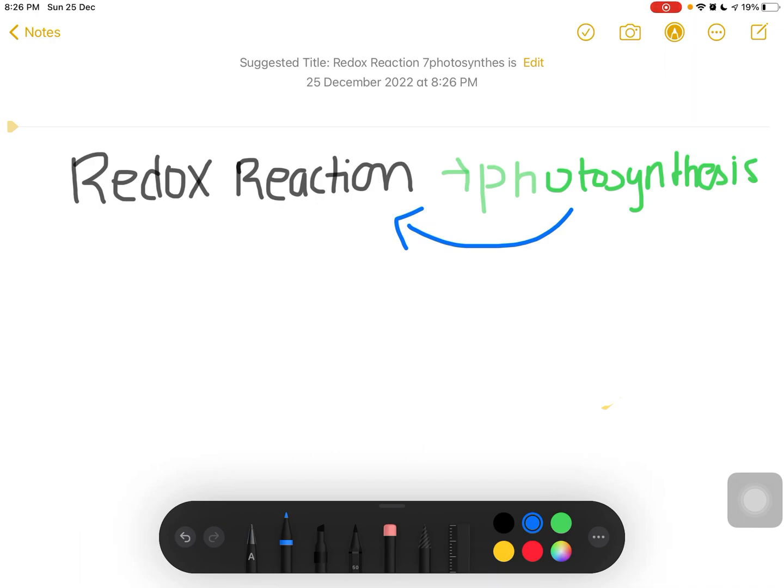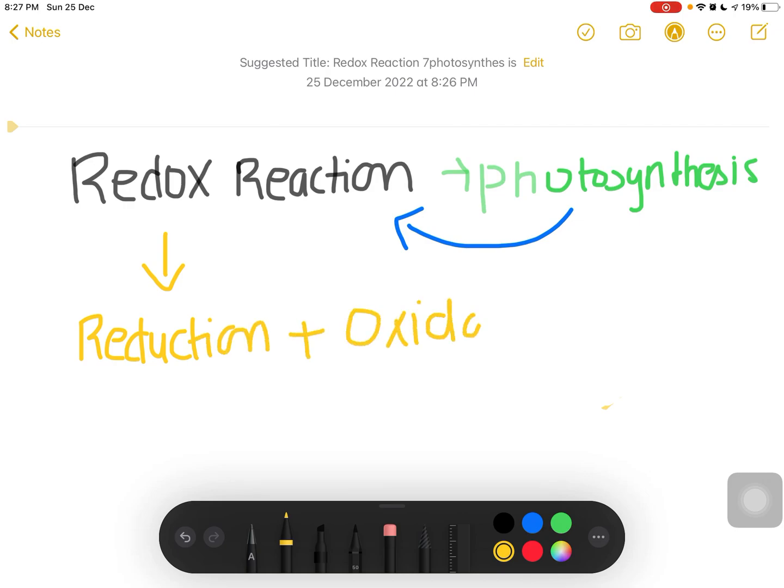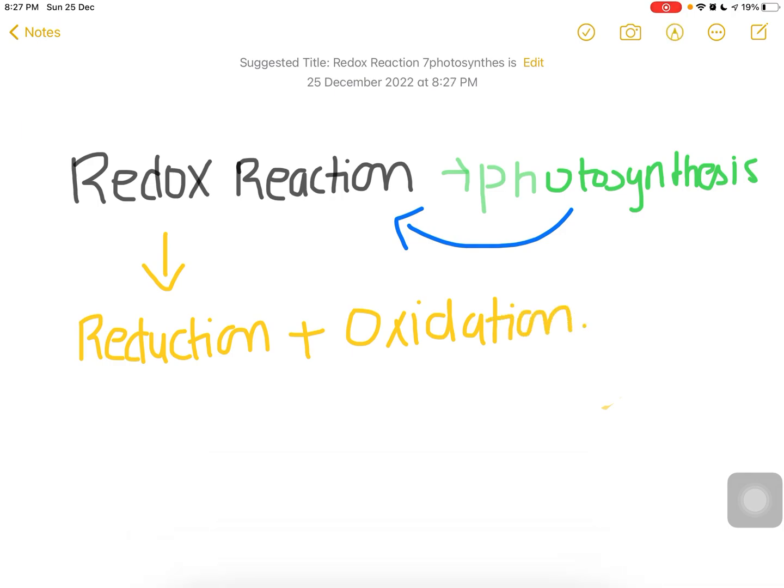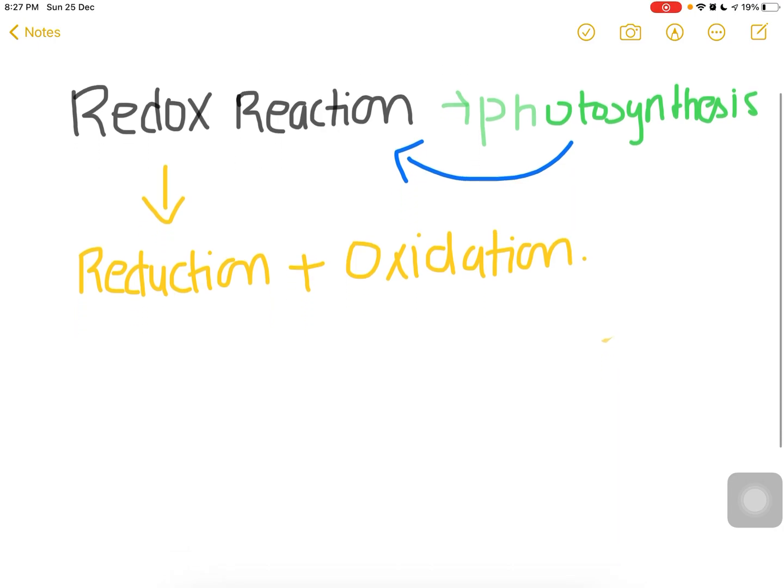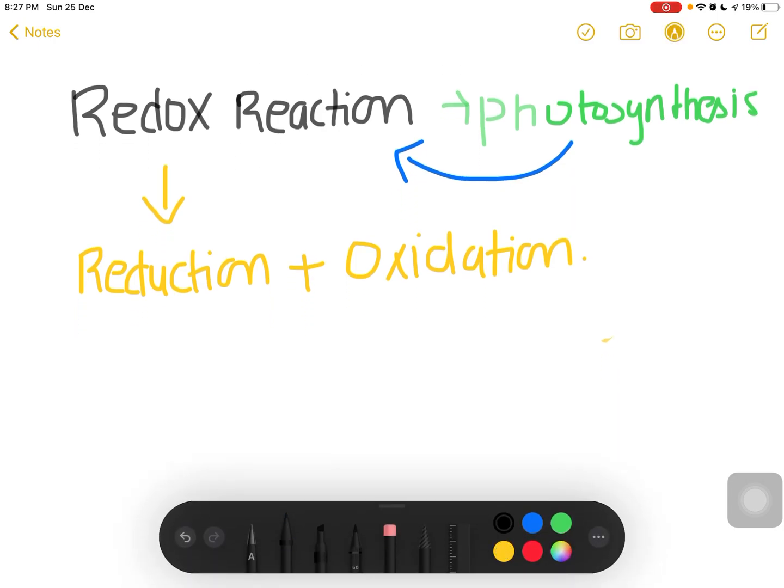Basically, redox reaction means a reaction in which reduction and oxidation both take place. Now what is the concept of reduction and oxidation? I hope you know. If you don't know, don't worry, I'm there to explain you guys, right? So now what does reduction mean? Reduction basically means addition of hydrogen. If hydrogen is added in a compound, it means the compound is reduced,